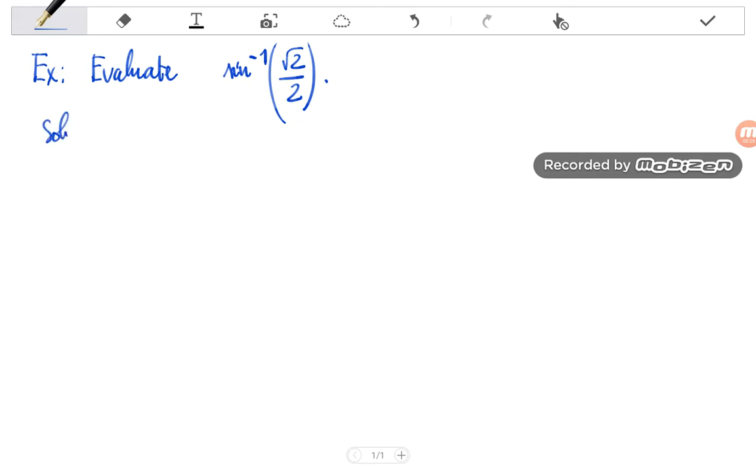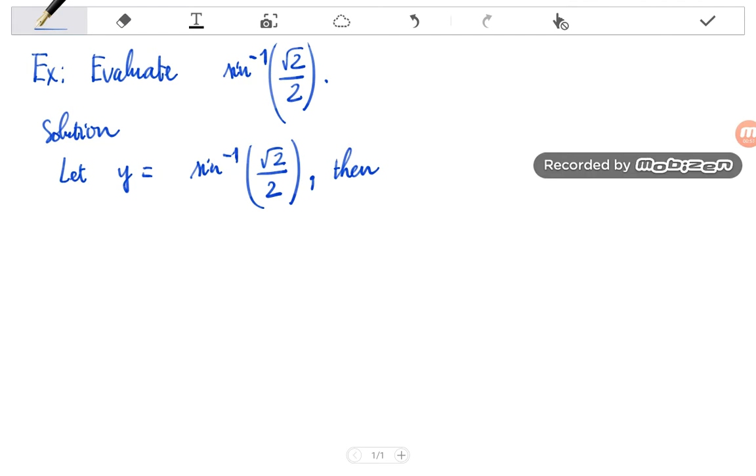Solution. First, let y be the value of the inverse of sine at the square root of 2 over 2. And we want to find y. How to find y? By the definition of